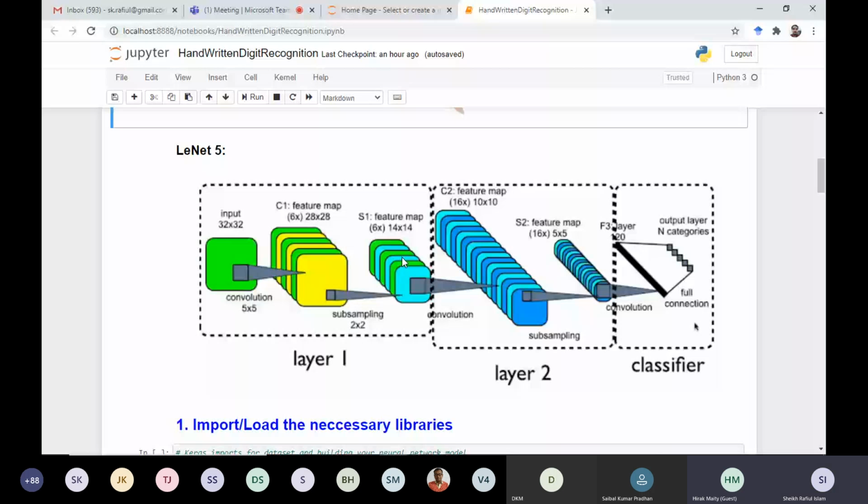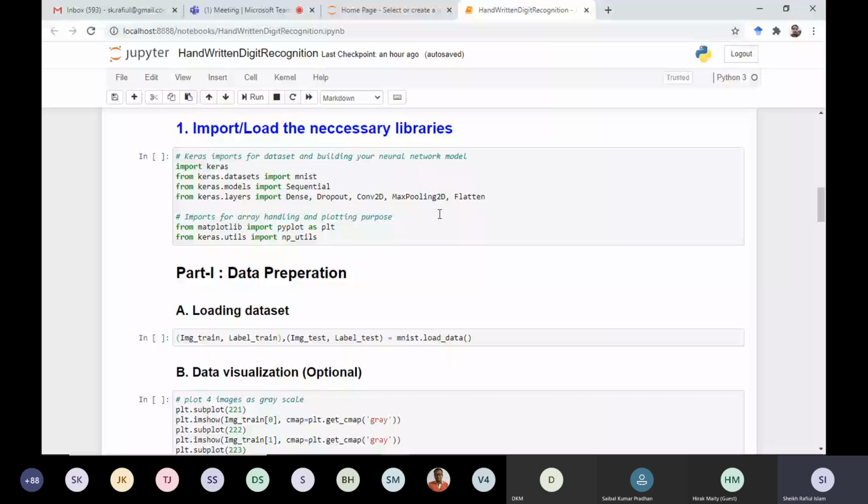Okay. So whenever we implement any deep learning model to train or evaluate, we need to have some libraries. If you consider core Python, that is a low-level language, so you need to write a lot of code if you want to implement that network in core Python.